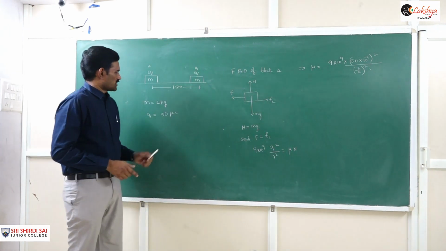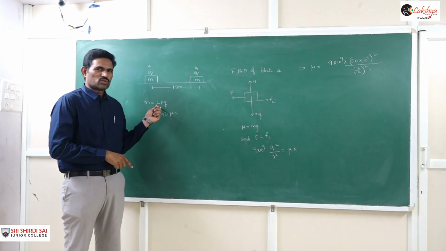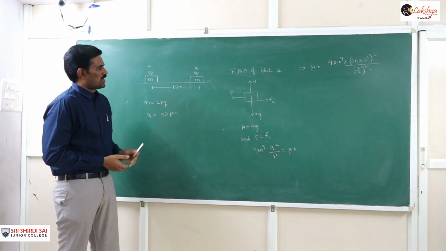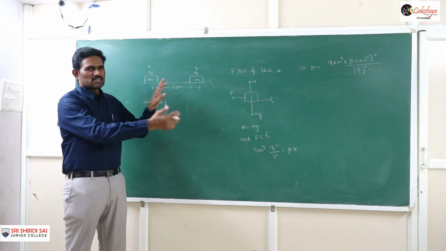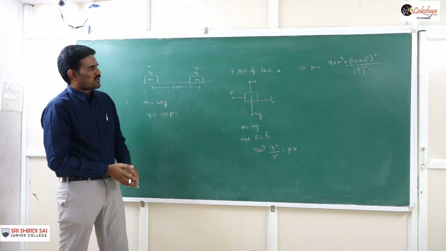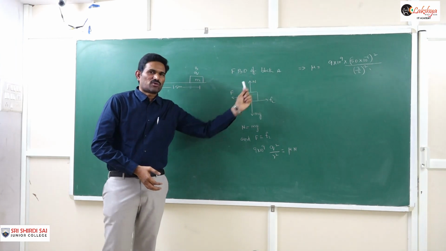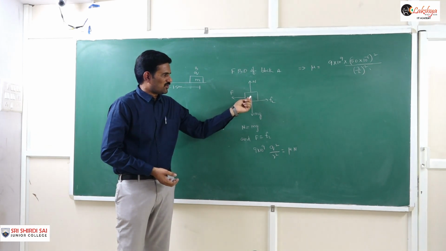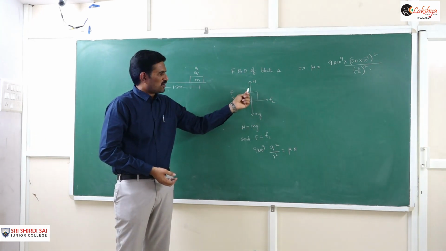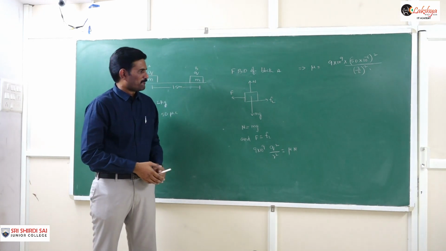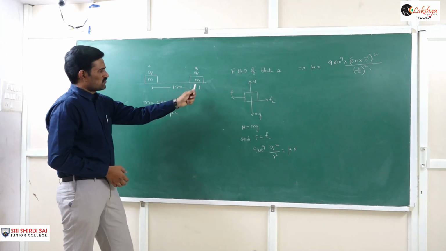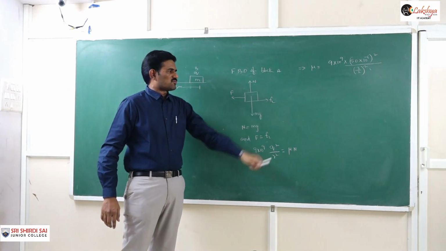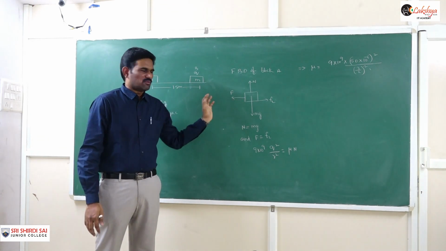This is the given data. The mass of each block is 2 kg and the charge on each block is 50 microcoulombs. The system is in equilibrium, but just ready to move. Now I am taking the FBD of block A. The forces acting are: mg in the downward direction, normal reaction from the surface upward, and the electrostatic repulsive force on block A towards left. The frictional force will be towards right, opposite to this force.